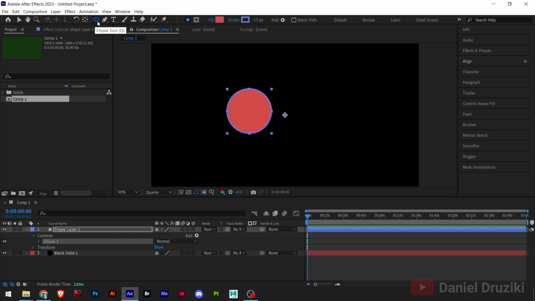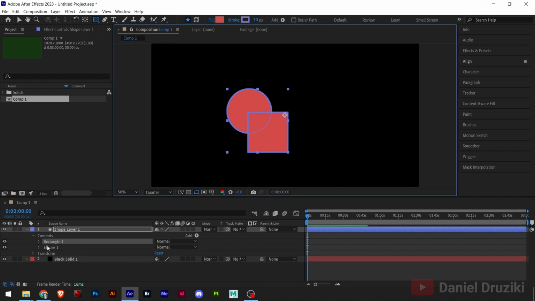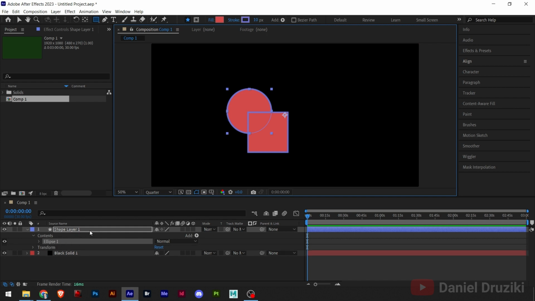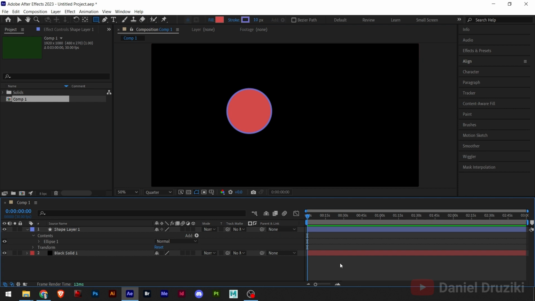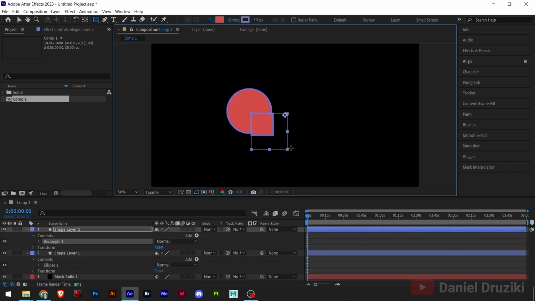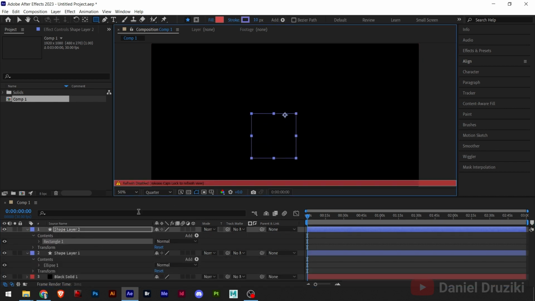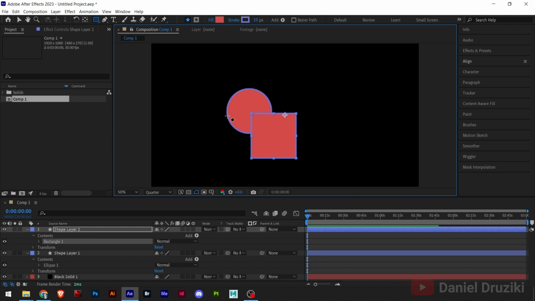So I have an ellipse shape and I have a rectangle shape. Okay, I didn't mean to create it inside the same shape layer. So I click outside the layer and create now outside the layer. Okay. All right. With these two shapes here,